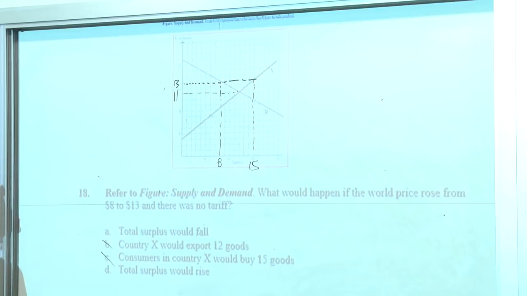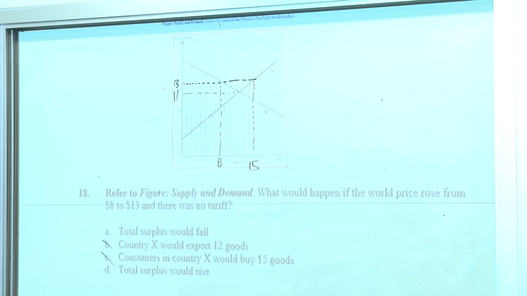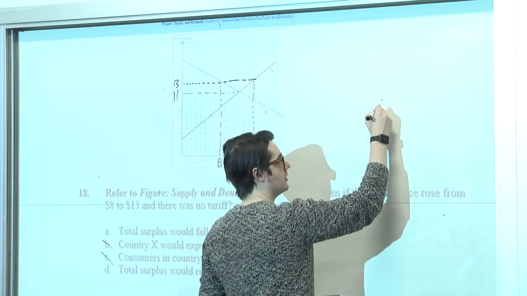So now we're left with the total surplus rise or the total surplus fall. So to answer this question, we're going to need to calculate the total surplus now relative to the total surplus when the price was $8. Okay, so let's just briefly go back to